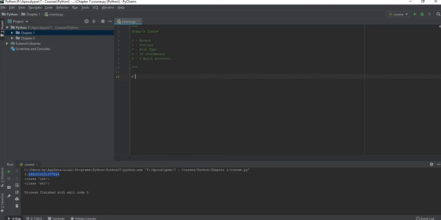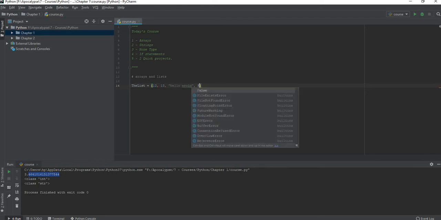Okay, let's talk about arrays and lists. An array or list is a variable that contains variables, and the variables it contains can also be lists or arrays, integers, complex numbers, or any other data type that exists in Python. So let's make a list. The list equals, for example, 10, 12, 13, hello world, false,